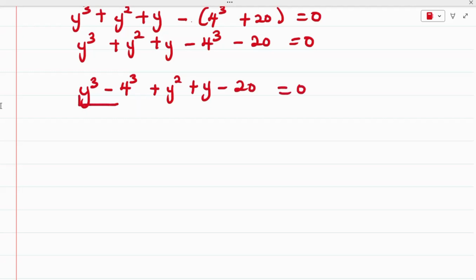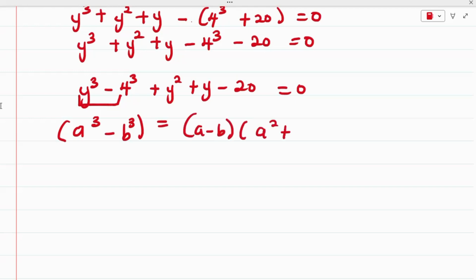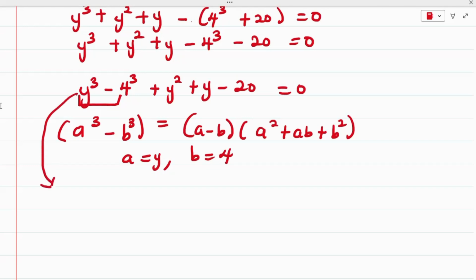So for this right here, we want to simply apply the difference of cubes formula that says if we have a raised to the power of 3 minus b raised to the power of 3, this is equal to a minus b multiply a squared plus ab plus b squared. Alright, so applying this right here, we have that a is equal to y and b is equal to 4. So right here, we are going to have this to be y minus 4